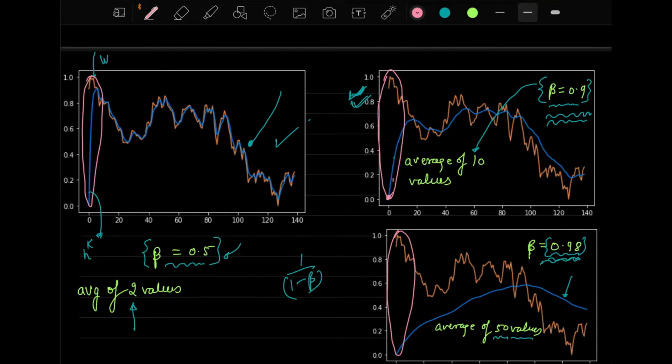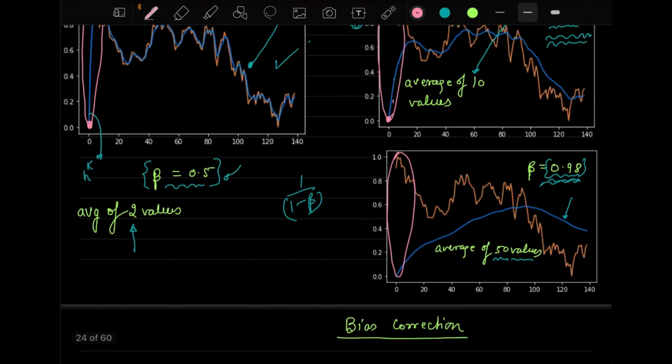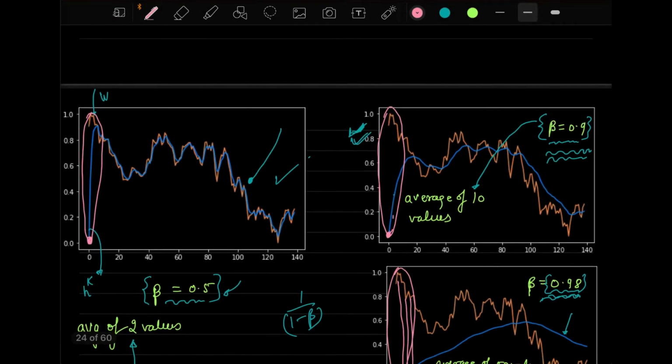Because right now at this point it's okay, because you are initializing the recursive equation with a zero value. But when it starts beginning its recursion, and getting the new values, these values that you are getting here are very far away from the original values which we have here. And similarly for this also, though we have started with 0, but at this point the values are very far away from the original values that we have here. So we have to address this situation, that how to avoid this problem.